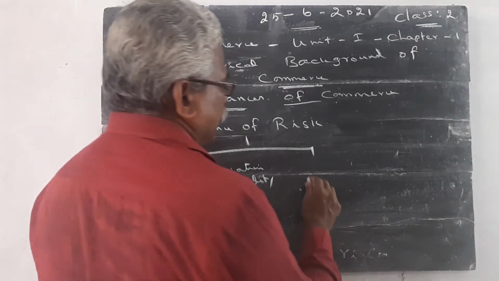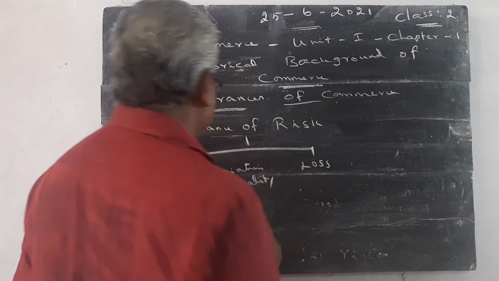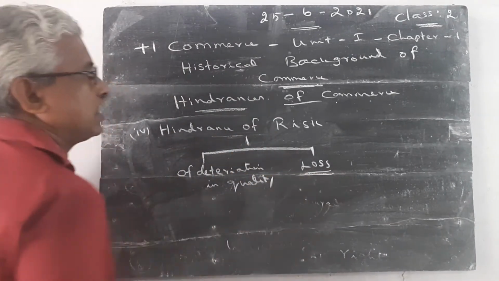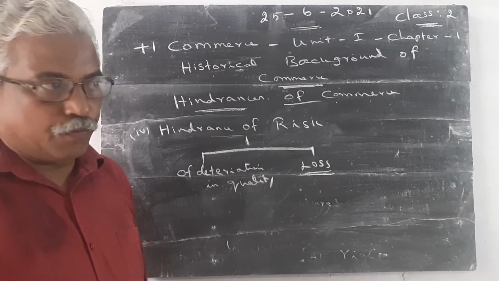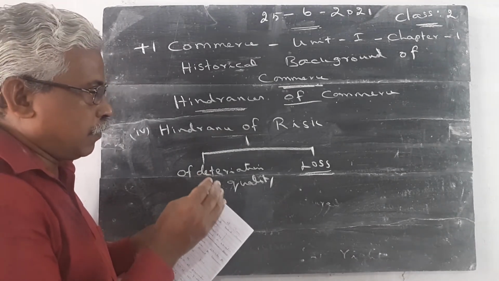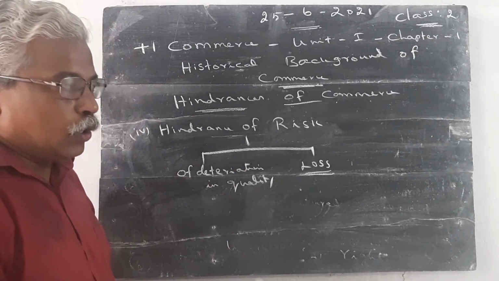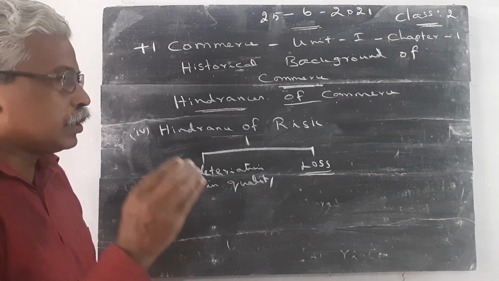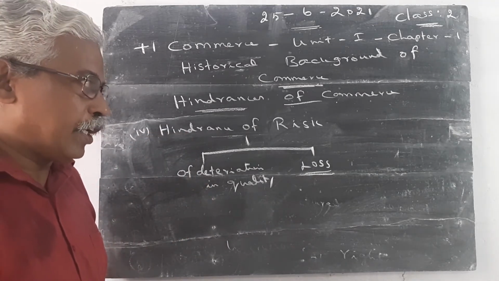Then hindrance of risk of loss. Hindrance of risk of loss we studied first. The goods may be destroyed when the goods are produced and in the hands of the manufacturer, or during the time of transportation, or when we transfer the goods and store them in the warehouse. The goods may be destroyed due to fire,